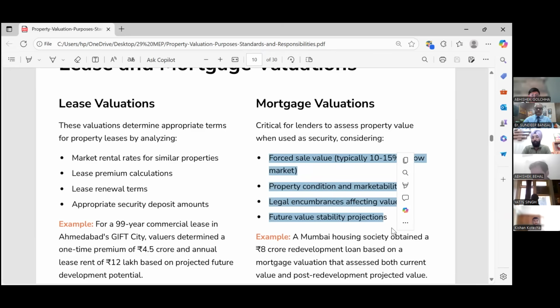And then the effect of any legal encumbrances that may be affecting the value, and future value stability projections. That is important. It does not mean that you were doing valuation and you will say that the valuation was for the date I have given the valuation. It is your duty to find the future value stability projections when you are doing valuation for the banking or